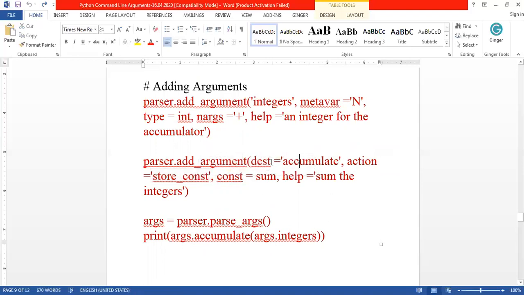So this destination is nothing but accumulate. Accumulate means this is the attribute that should be called with the parser object. Here the parser object that is returned is args. So this parser object should call the accumulate attribute function to calculate the sum of the integers.